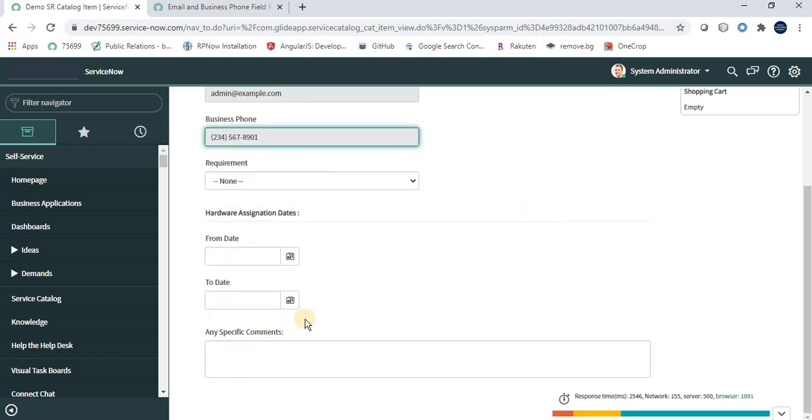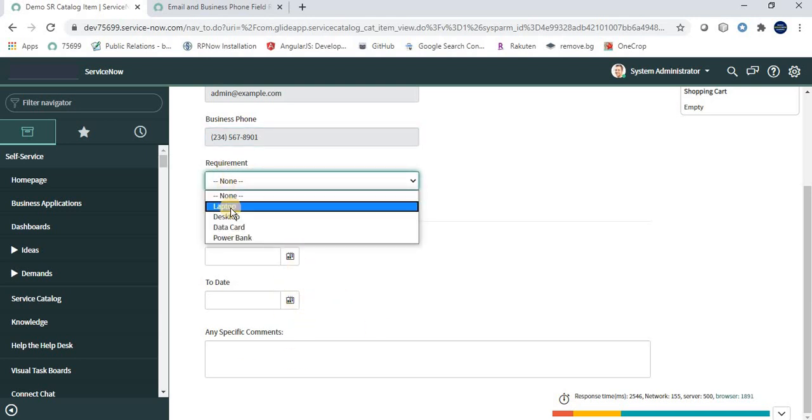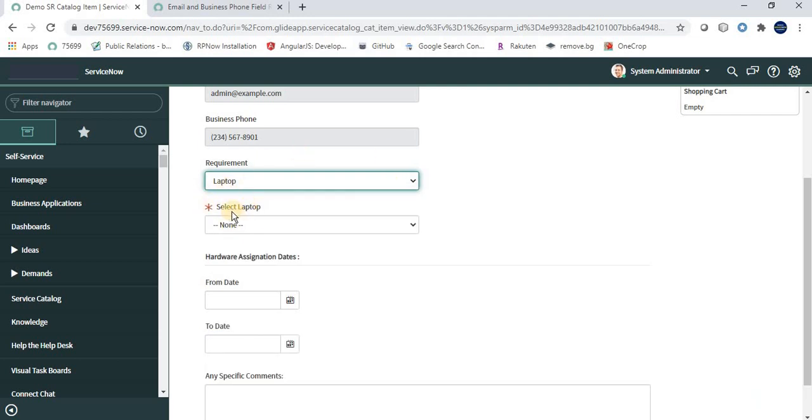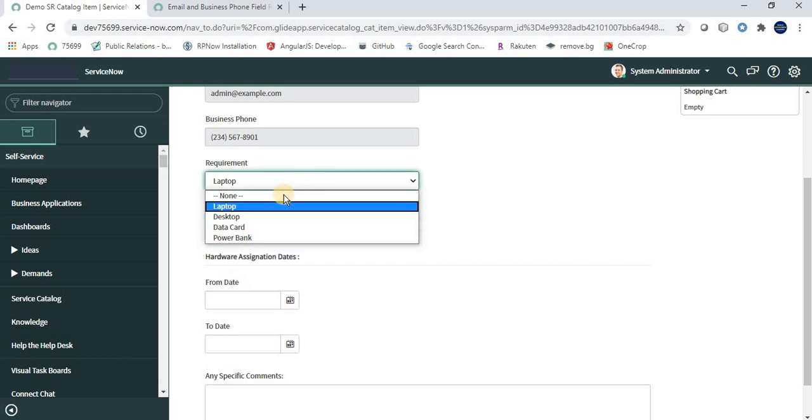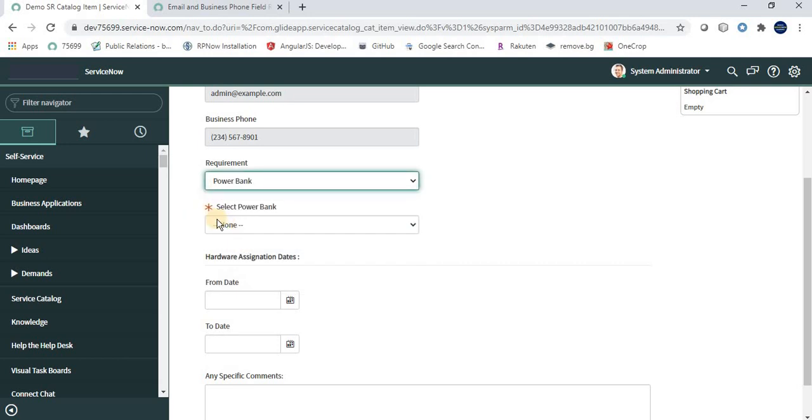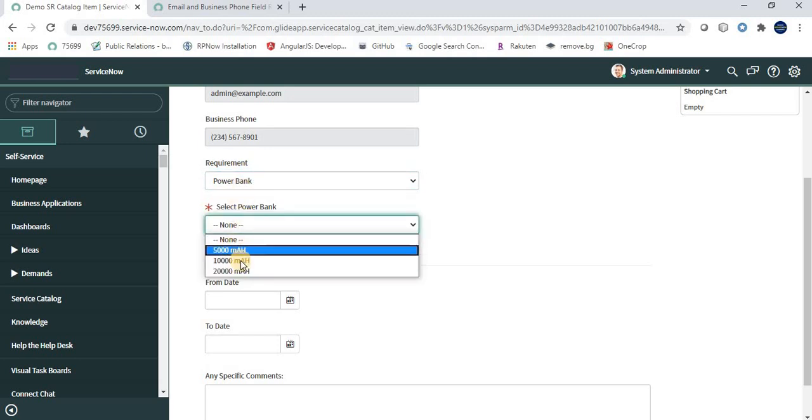See, those two fields, that is Slack laptop and Slack power bank, are not appearing in front of us, but as the user selects the laptop, we have a Slack laptop field and it is mandatory. Same as this, if we select power bank, now another field appears, and Slack laptop is now invisible and Slack power bank is visible, based on the selection of this requirement field. Now we can select any value from it.